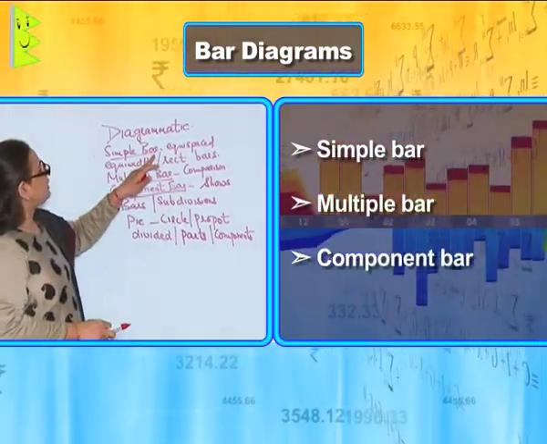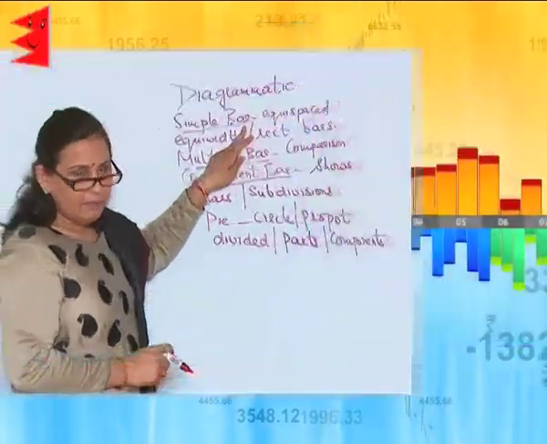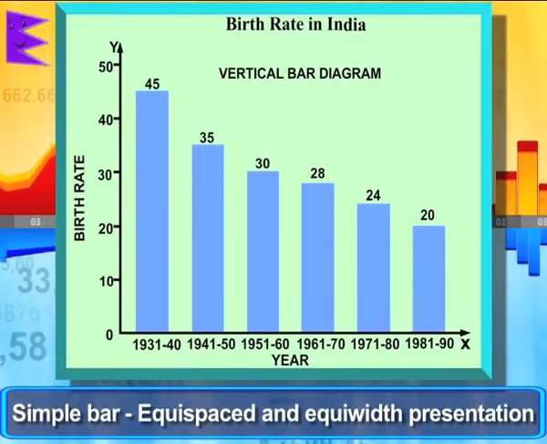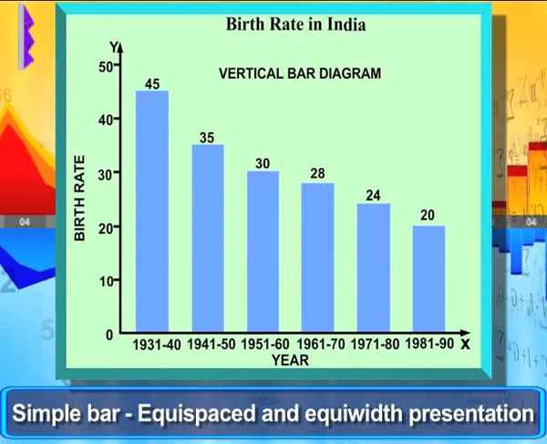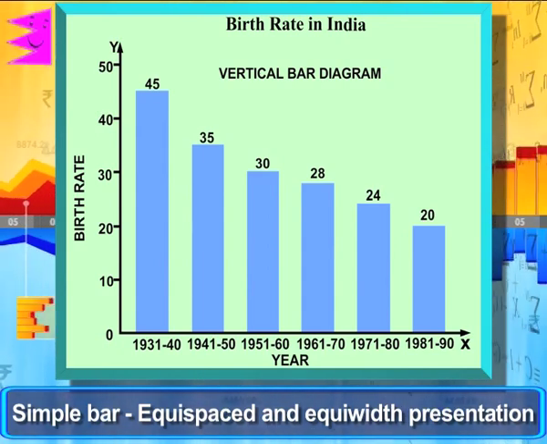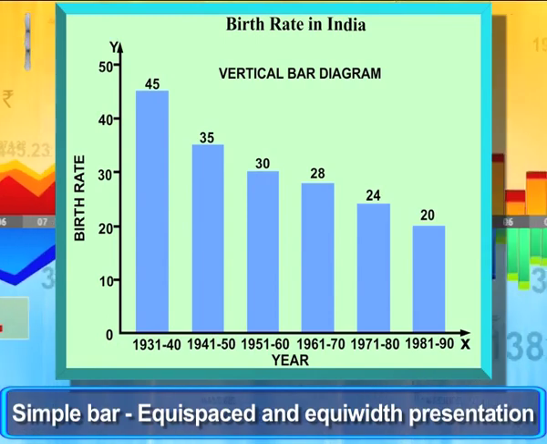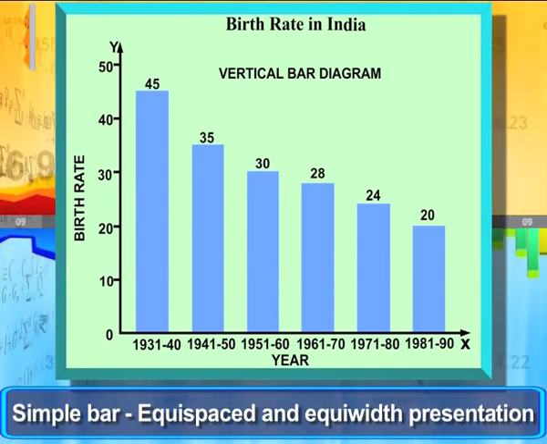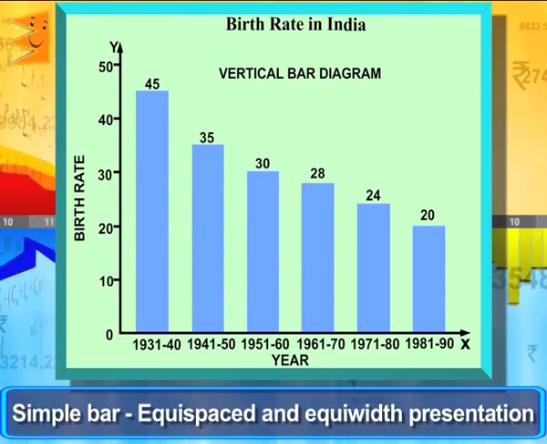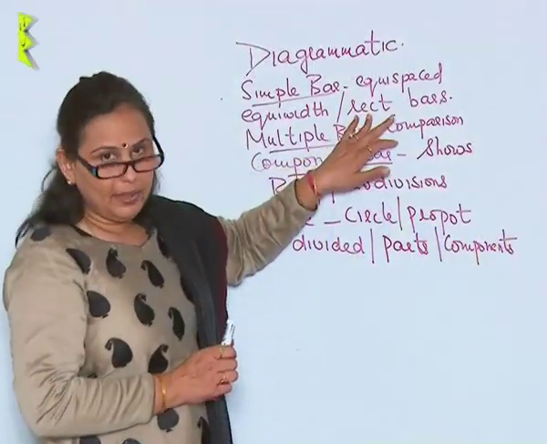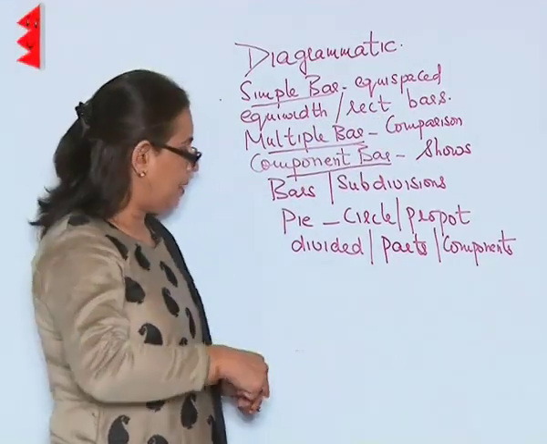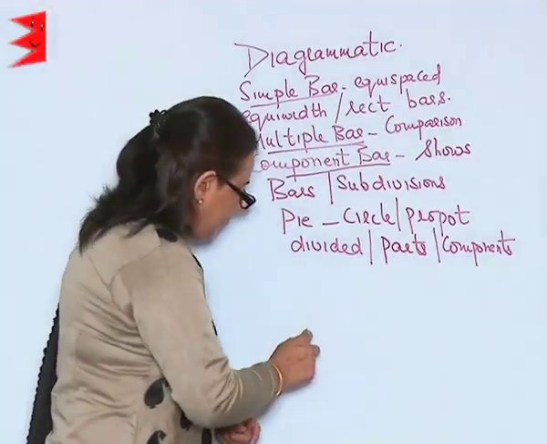Now, when I talk of the simple bar, it is in fact an equi-spaced and equi-width presentation. That is, the bars which we draw are equal in width and in between also equal space is left. And these are rectangular bars. Now, if I want to draw a simple bar, it will be